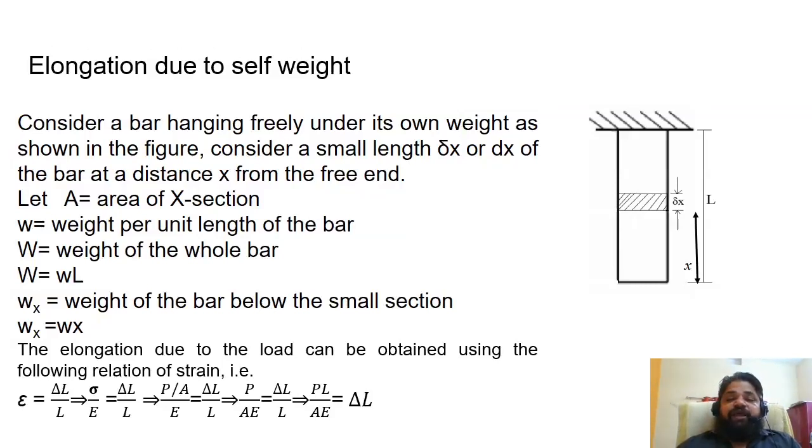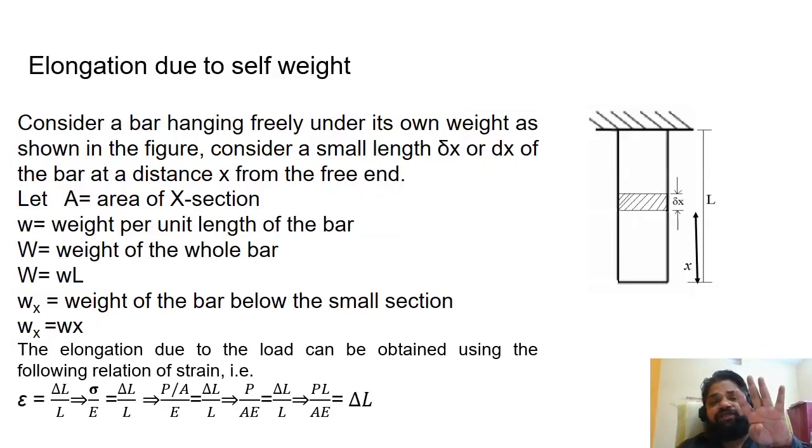So by this way the final line I got is that the change in length, or the extension induced due to any stress strain behavior, delta L, can be represented as PL by AE. What is this PL by AE? P is the applied load, which may be due to its own weight, and L is the length of the object. That means in order to get the elongation of that object, I need four things.